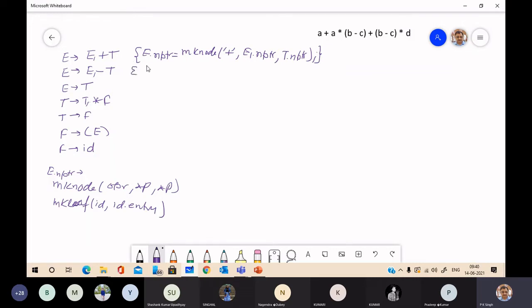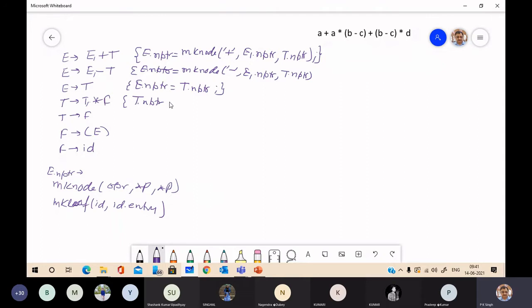Similarly, here you may have the action E dot nptr equal to make node minus, E1 dot nptr and T dot nptr. Here the action will be E dot nptr is T dot nptr, just like a copy. Here you have T dot nptr.